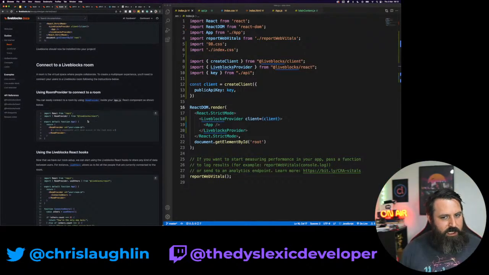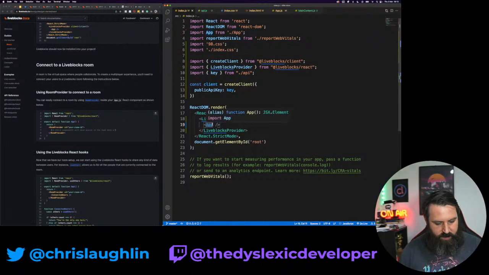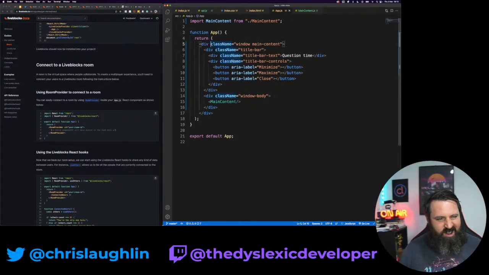I think probably the easiest step, and it fits into where I want to go with this, is creating a room. Because a room has storage and it has interactions, and we can connect the users with a room. So I think we're going to follow this room pattern. We can do it in our app, but there's a lot going on here. We could wrap this in our room, and then anything below that has access to it because of providers in React. Okay, so that's kind of cool.